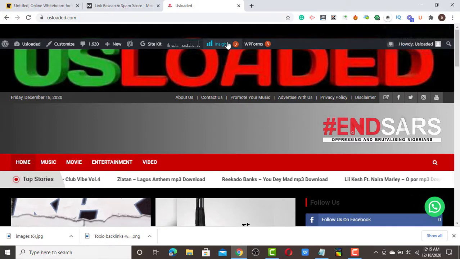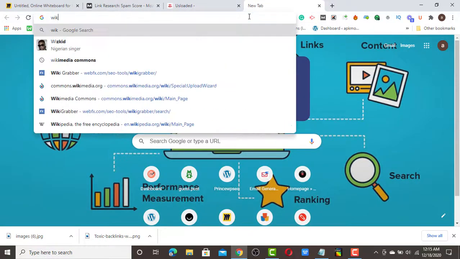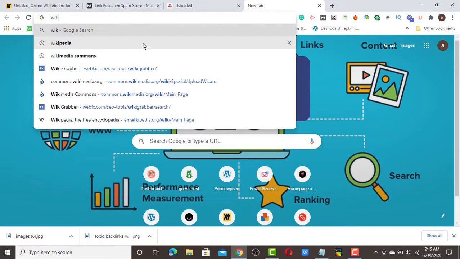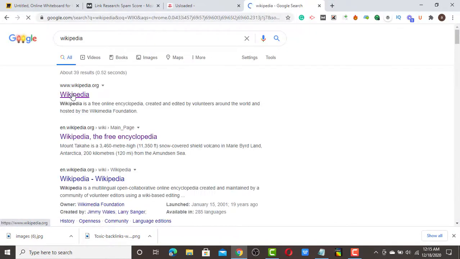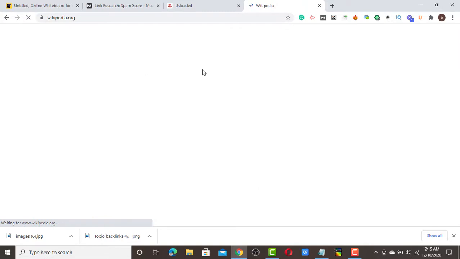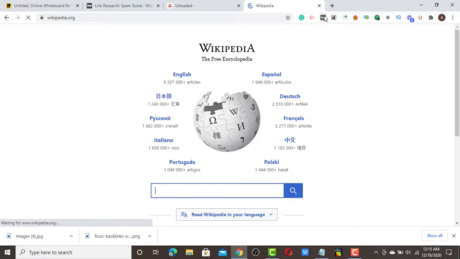A spam link can pass link juice to your site. For example, Wikipedia is a valid website, as you know. Wikipedia has a DA of 90 something, if I'm not mistaken, with a spam score of something.